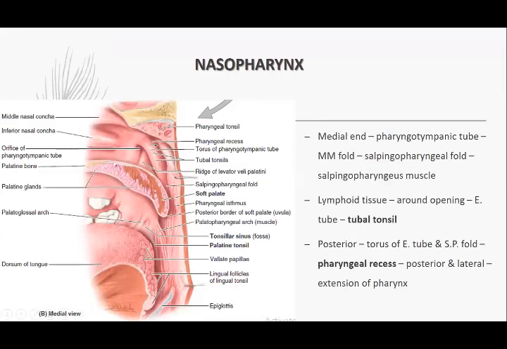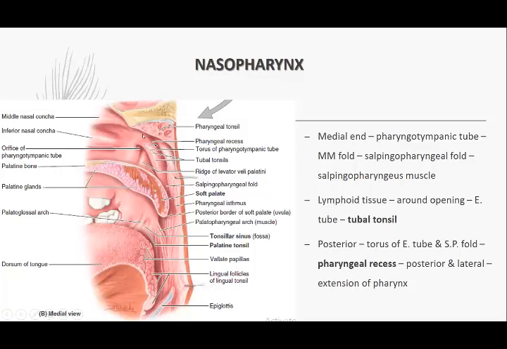Okay, अब nasopharynx में जो important structure है, that is the opening of the eustachian tube. ठीक है? या auditory tube या pharyngotympanic tube. This tube, one on either side, opens into the lateral wall of the nasopharynx. आगे जाके pharyngotympanic tube करेंगे when we do the ear. ठीक है? Surrounding the opening of this pharyngotympanic tube,